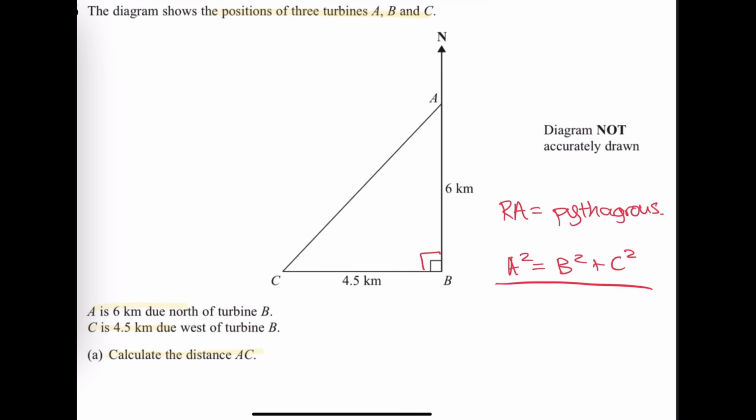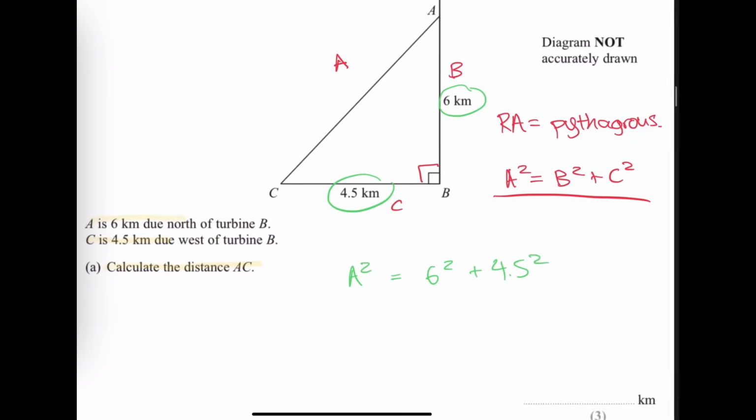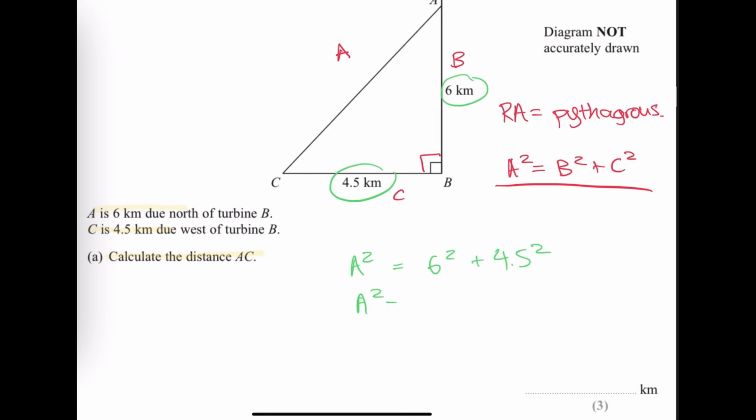So if we do just label everything, this is b, this is c, and this over here is a. Now all we got to do is substitute the values in, so it'll be a squared, which is what we're trying to find, 6 squared plus 4.5 squared. This means that a squared is going to equal